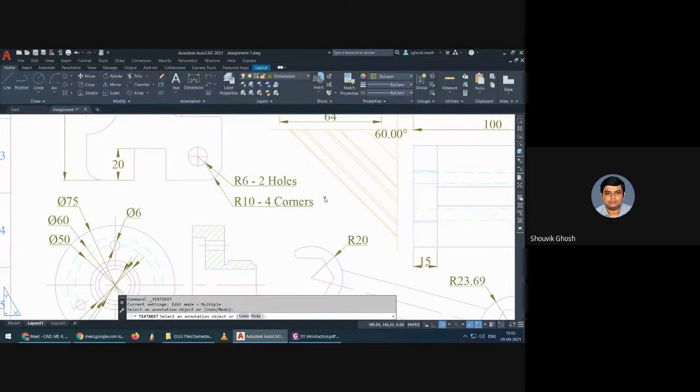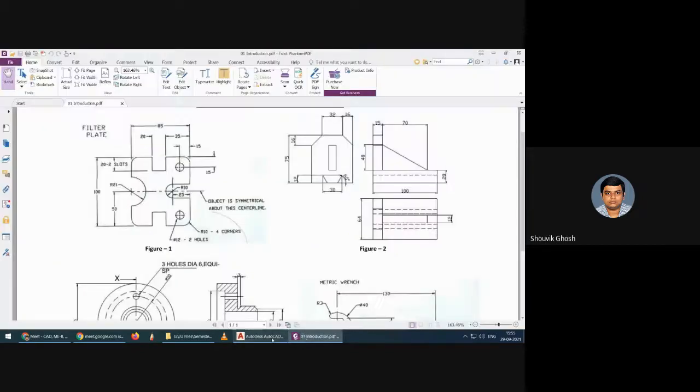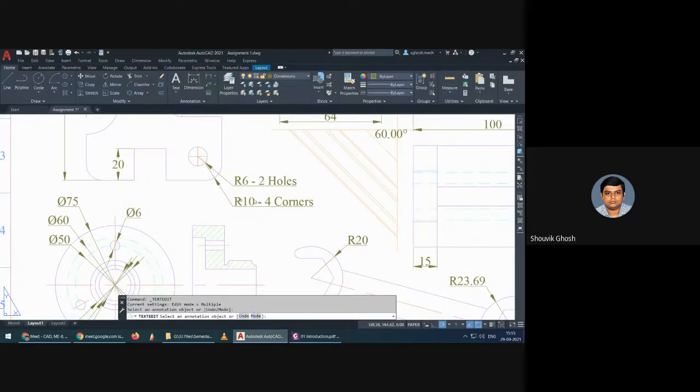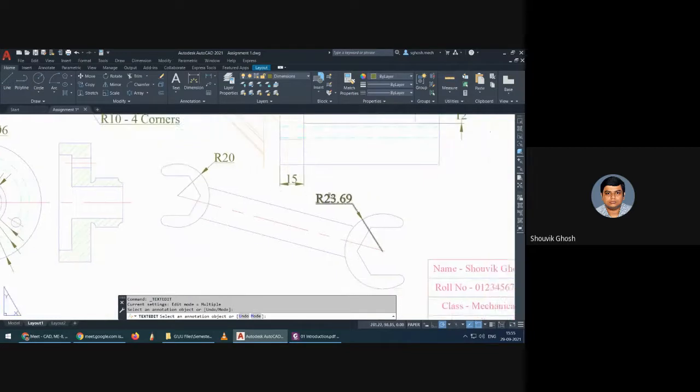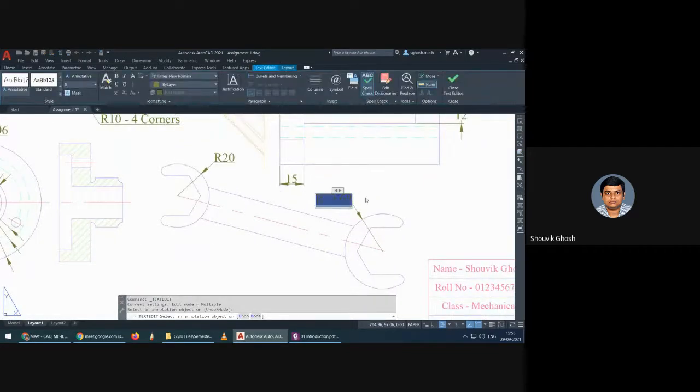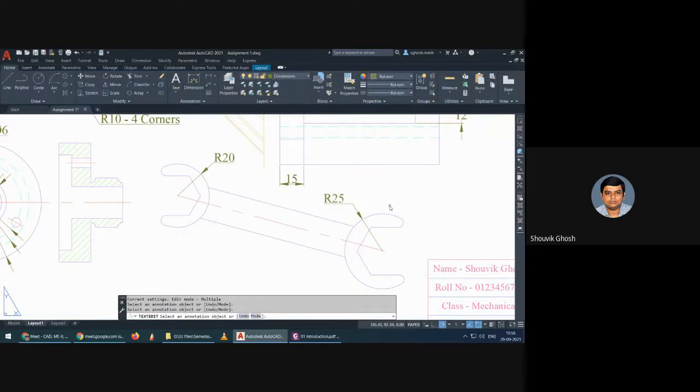So edit. Once you have started editing after dimensioning, it will give you the option repeatedly, as you can see. So now you can edit this one also, and just change the value to R25.